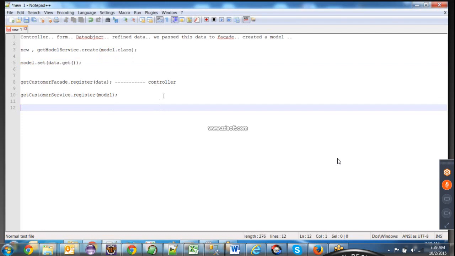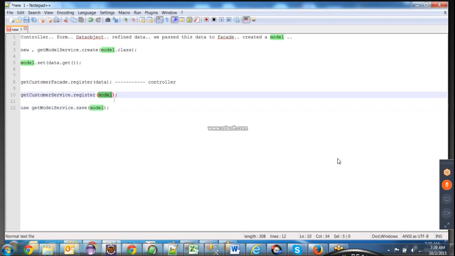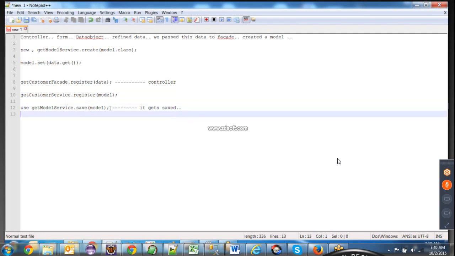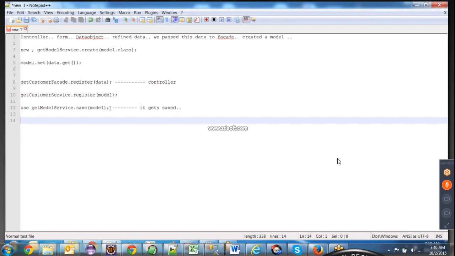Okay, now in the service layer what you need to do is use get model service dot save of model object. So whatever model object you have created, that you have passed to your service layer, right? From your facade layer you have passed the model object to your service layer. In the service layer, save that model whatever you have got. So here it gets saved. Okay, that's it. Now if you carefully observe,